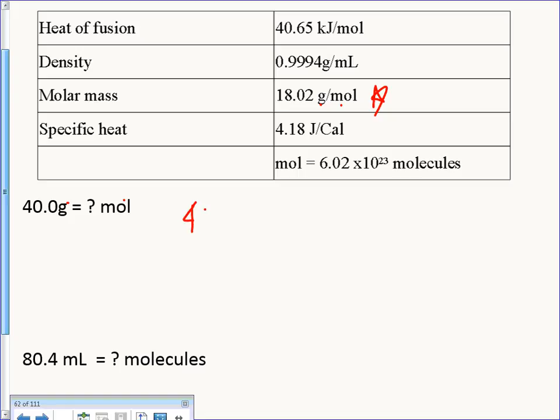So in this one, again, starting off with 40 grams of water, what do I multiply by? What fraction? What goes on top this time? Right, 1. There's a 1 there, right? So 1 mole goes on top, and